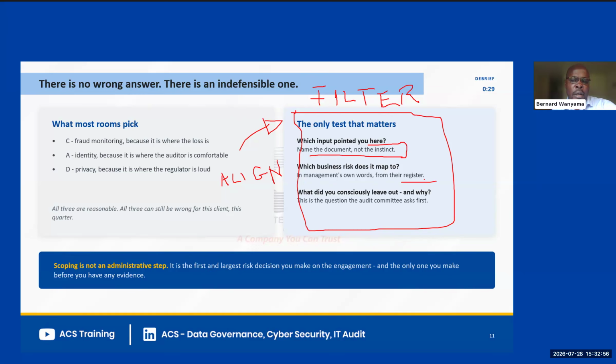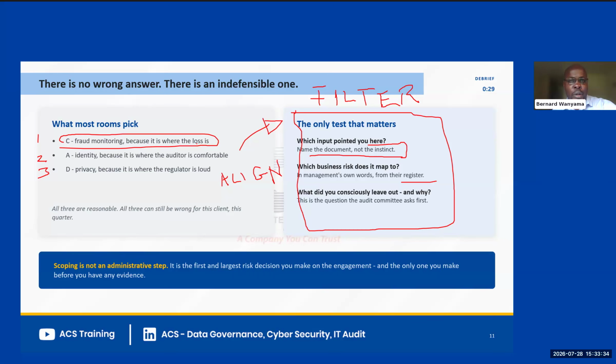And then lastly, it's the question of prioritization, the choices that you make. When you choose the top three, when you choose to prioritize, there are things that you leave out. And what is the reasoning behind the things that you have left out? Why have you chosen C, and maybe we gave C the first ranking and maybe 2 and 3? Because the board audit committee will ask you what's driving our priorities, what's driving this risk-based plan.